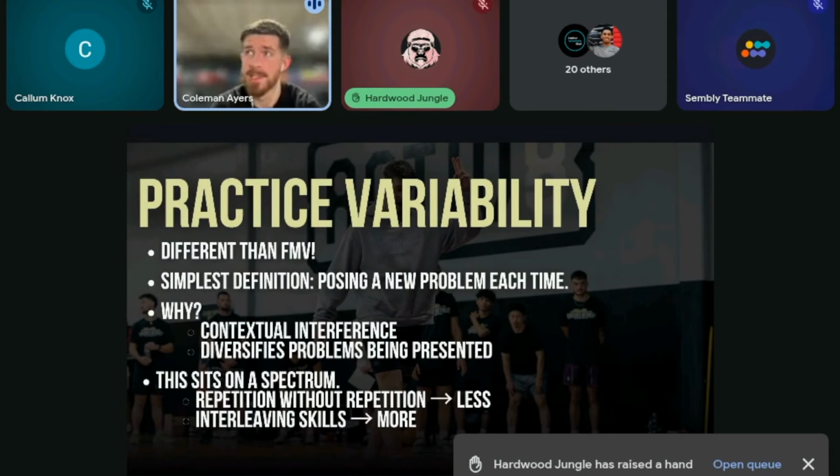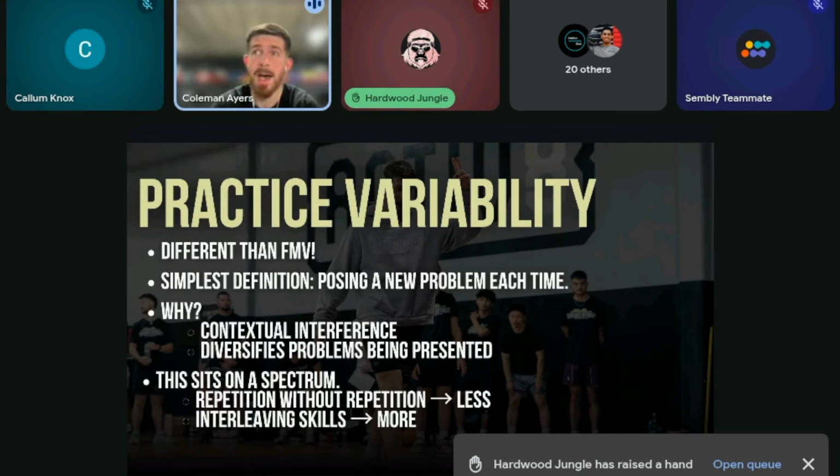And one of the big misconceptions that I've seen floating around in the space is people just don't really know what variability means and that there are two different types of variability. Number one is functional movement variability, which we've discussed, which is, hey, can you adjust your technique to fit the constraints around you and still be successful? We get that by now.